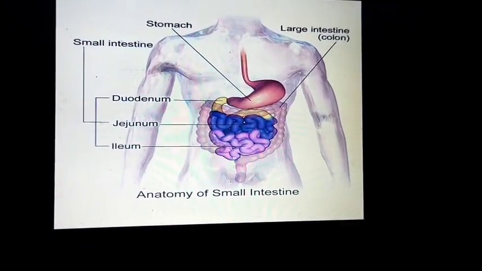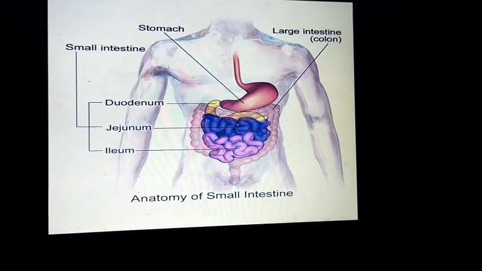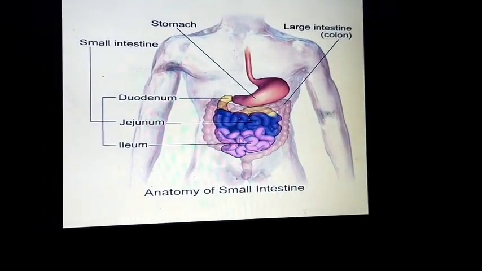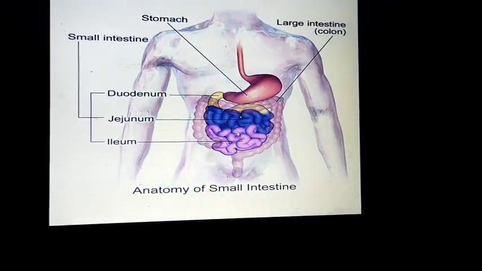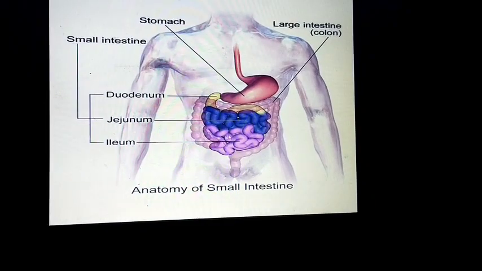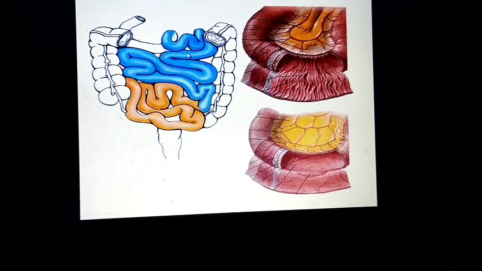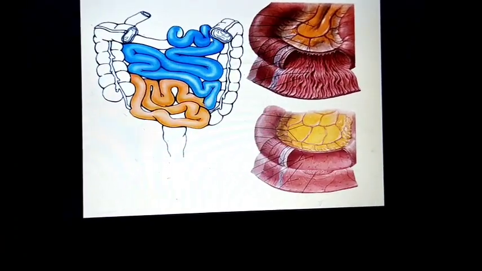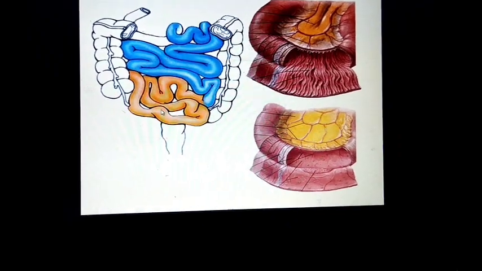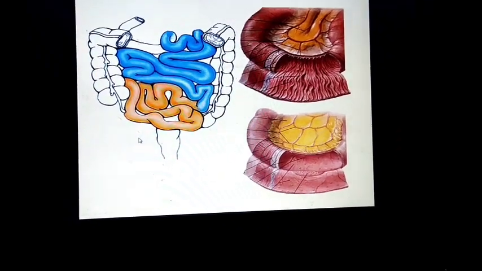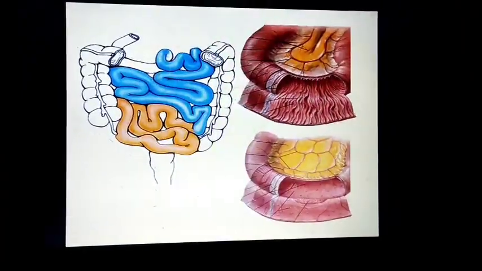If you make four quadrants, the jejunum is present toward the left upper quadrant, and the ileum is present in the right lower quadrant. You can go to the next slide. The jejunum is present in the left upper abdomen, and the ileum is present in the lower and right side of the abdomen.